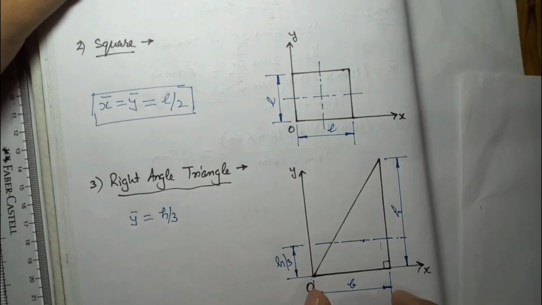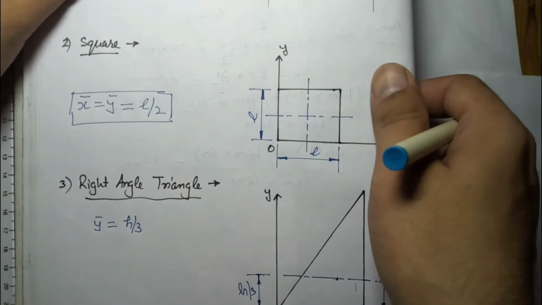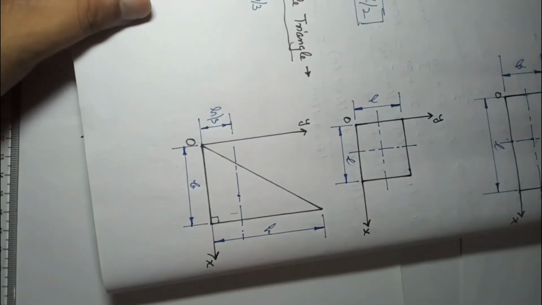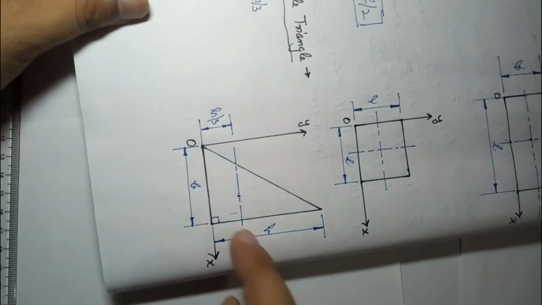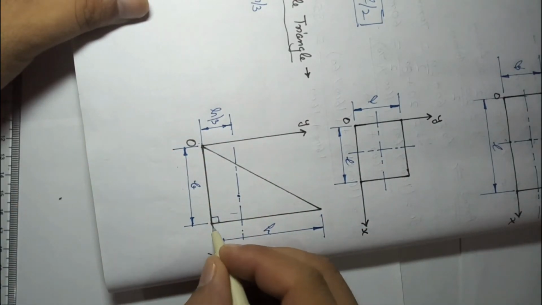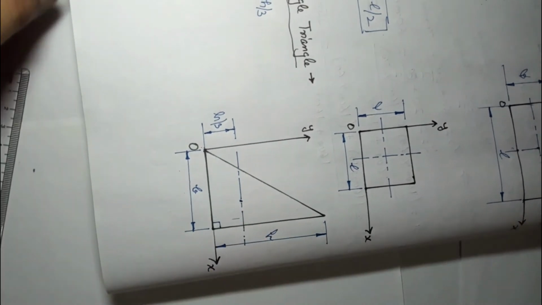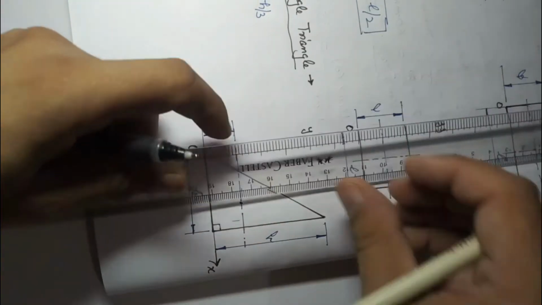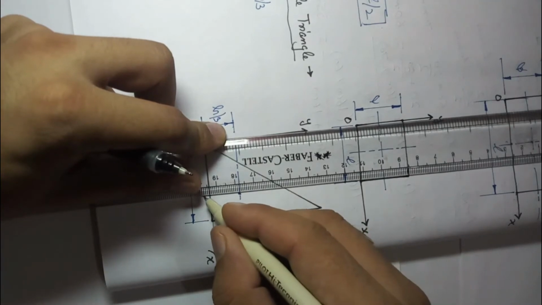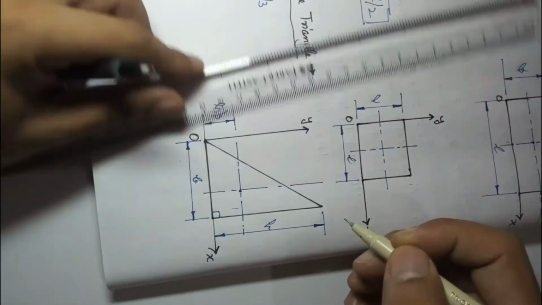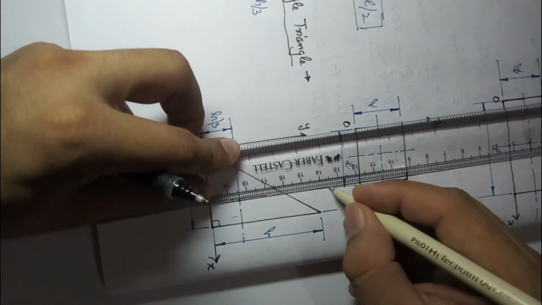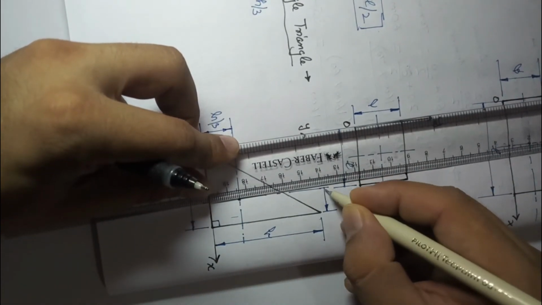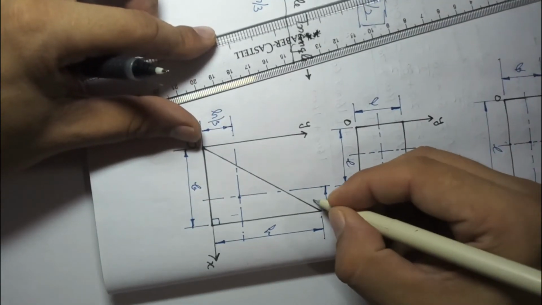Now what will be x bar? When you have to calculate x bar, if I rotate the diagram like this, this will become the base and this will become the height. Now can you apply the same formula? From this point, how much will this gap be? Same as h. Okay, I'll draw it and it will be more clear. What will this gap be? This is not the centroid, but try to understand what this gap will be. As per the same, it will be b by 3.